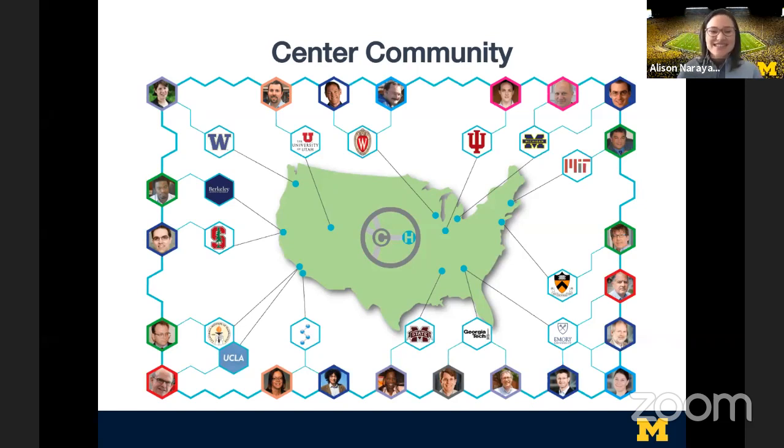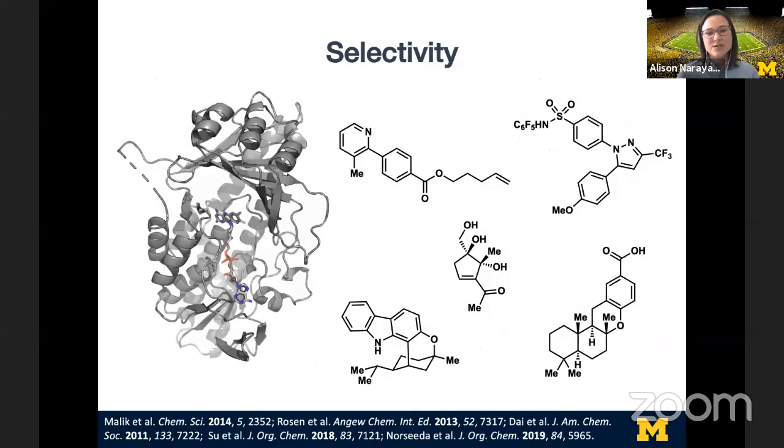So the CCHF community has been really important to me as an early career scientist. As Hugh pointed out, I had the opportunity to work with Richmond Sarpong during my PhD. And my first experience with the center was in the early days of my postdoc when I started in David Sherman's lab. And part of what really drew me into making this change between my PhD work and my postdoc